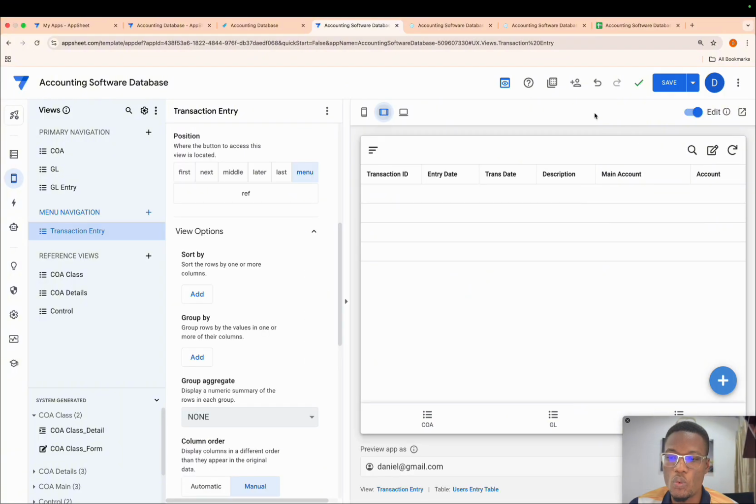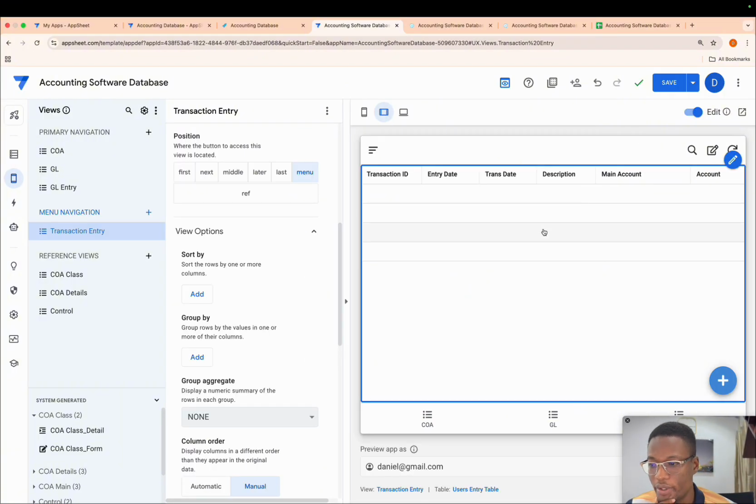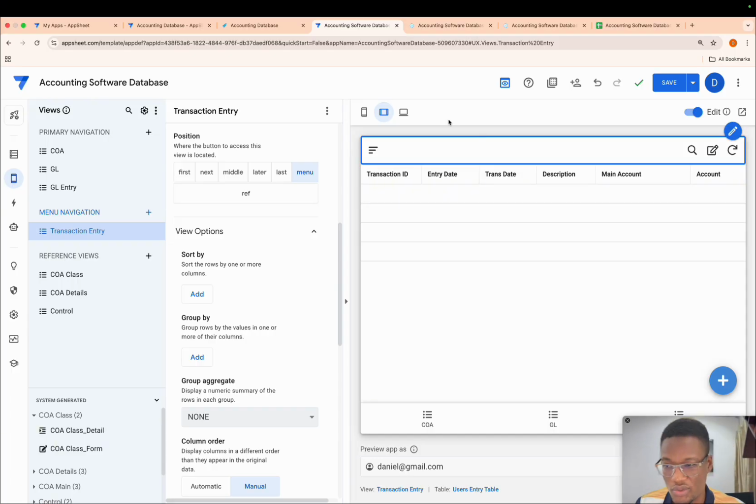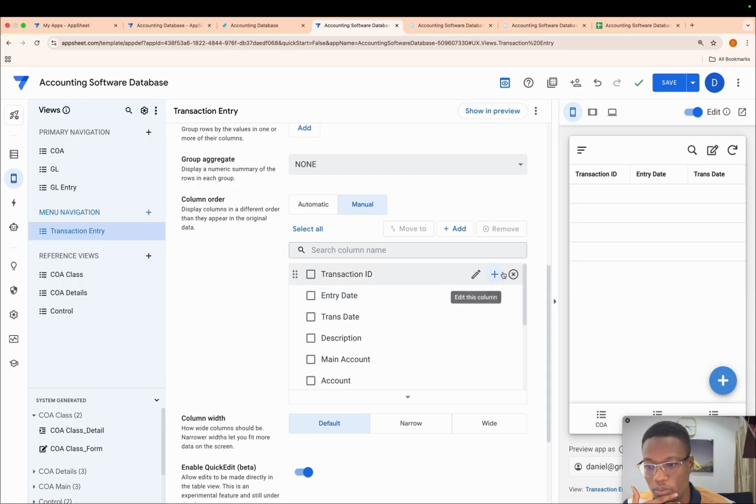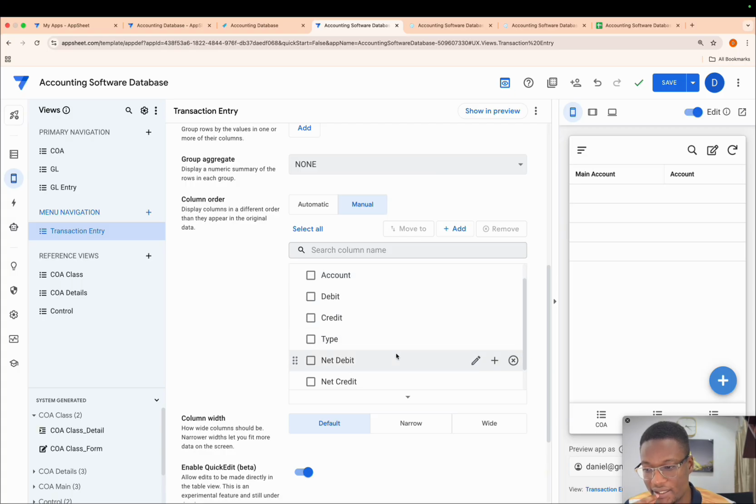Now, you see, the reason why we are going to take out certain other fields that ideally they should be there is because they are computation fields. The user is not going to make changes to them, and is going to see them in the control side. So fields like transaction ID and then entry date, transaction date, all those on description, they're all going to be on the left-hand side. So we're going to take all those ones out. Okay, so make it clean. We're going to take these guys out as well. Description, main account, the user has to select it, so that's fine. Debit and credit, user has to select it. Type,